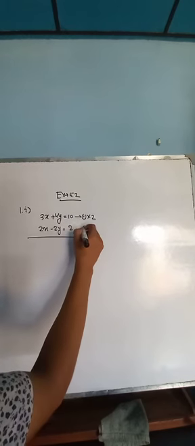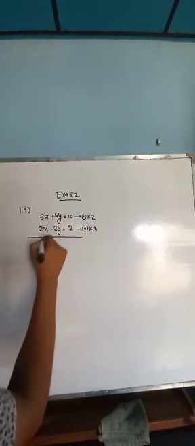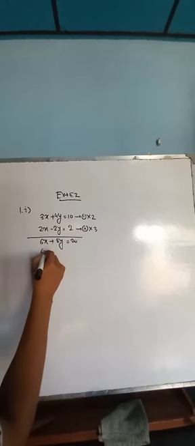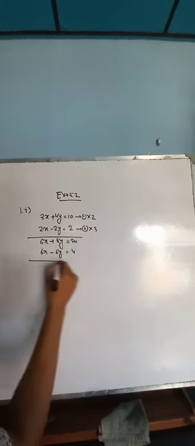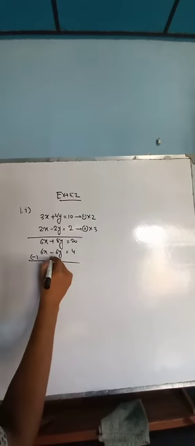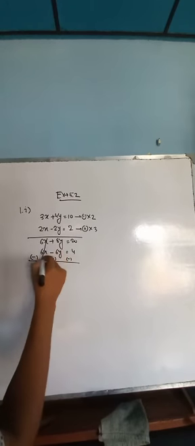So how can you do that? This equation is multiplied by 2, and this equation is multiplied by 3. So multiplying, we get 6x plus 8y is equal to 20, and 6x minus 6y is equal to 4. Minus, plus, minus. So do that.